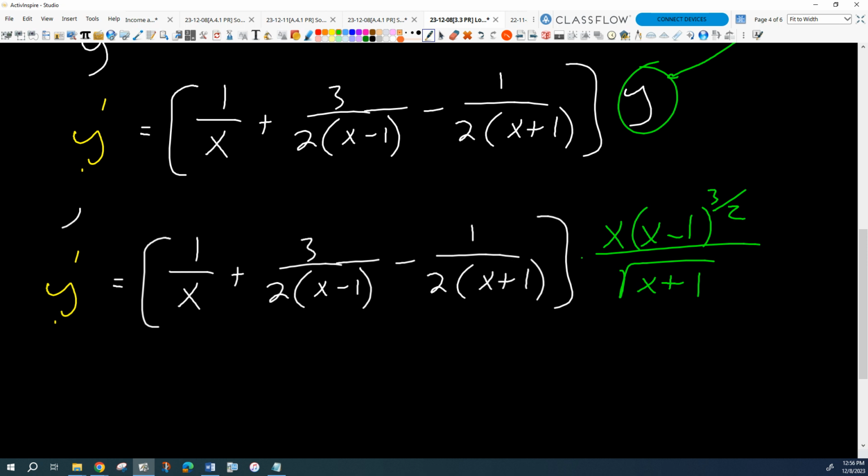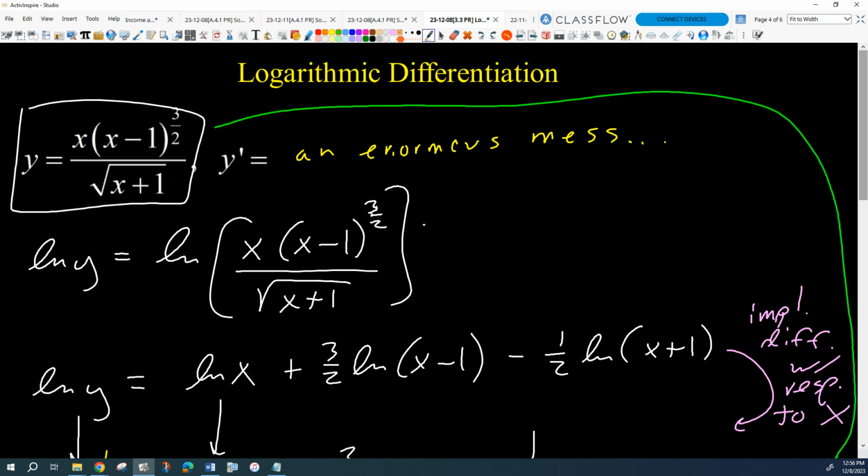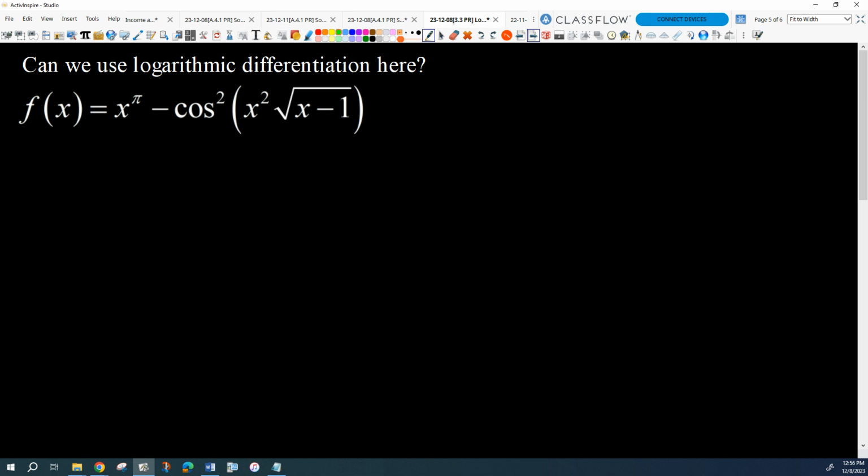Okay. Again, do you see why we were able to? It worked because the function that defined y was a combination of products, quotients, and powers. Okay. What about one like that? Can we use logarithmic differentiation there? The answer is no. And how come? The answer is no